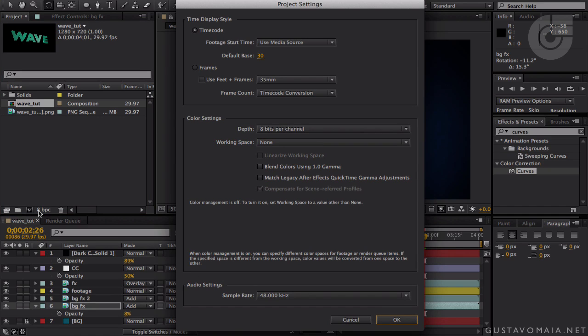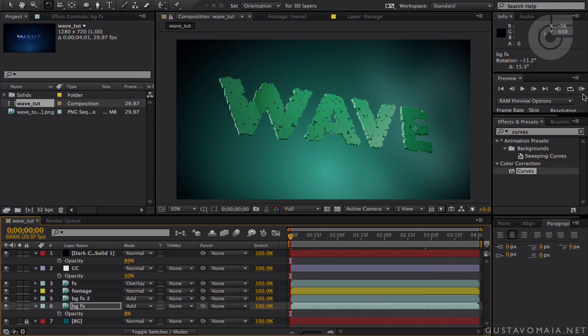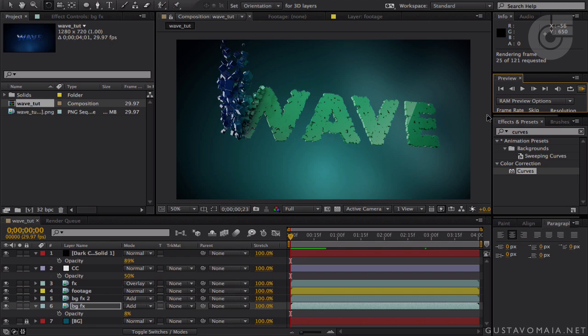Final thing, just change from 8 bits per channel over here to 16 or 32 bits per channel, because our gradients will look a lot better. Everything will look a lot better. We'll have more colors,